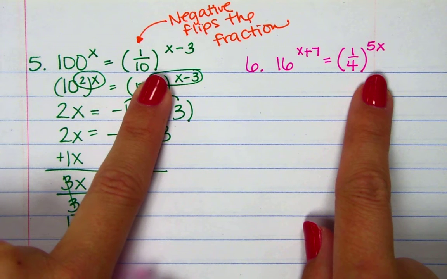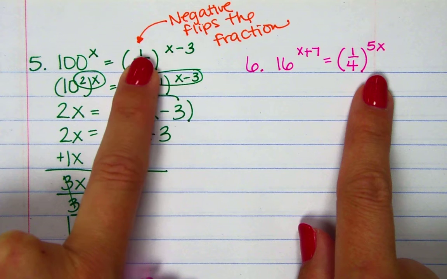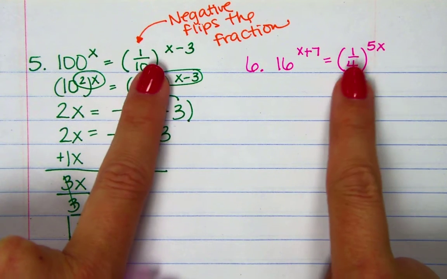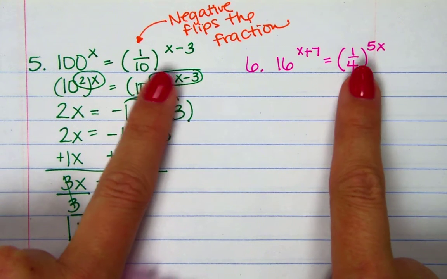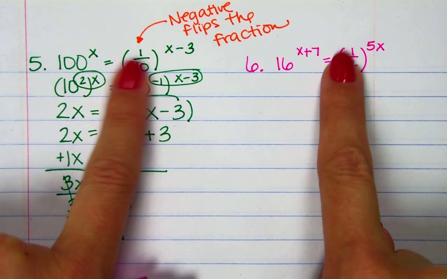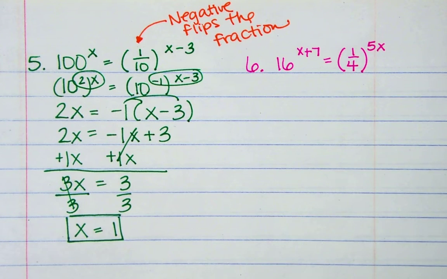You know what I mean? You might think that this is just 1x minus 3 goes on top of the fraction or something. So that's why we put it in parentheses so that it's easier to see. That's the exponent for the whole fraction. All right, so we've got